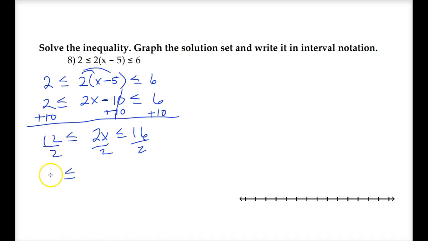And so 12 divided by 2 is 6. 2x divided by 2 is just x. And 16 divided by 2 is 8. So this is what the answer is in the inequality notation. We need to write it in interval notation. And so this tells us that x can be any number in between 6 and 8, including 6 and 8